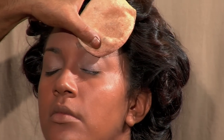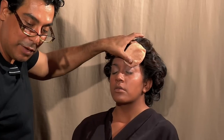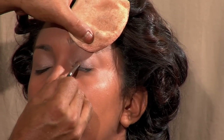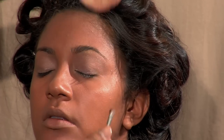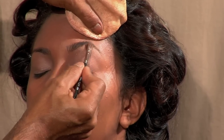What we're going to do next is take our rose gold color. It's another loose powder. It's a small but warmer tone, a little softer color. And we're just going to place this right on our lash line itself, just on the upper lid. Nowhere else, just on the upper lid. We're going to put it just underneath the arch of the eyebrow, just to highlight it a little bit, and that's it. Next, what we're going to do is take our next color, which is this nice little plum color,